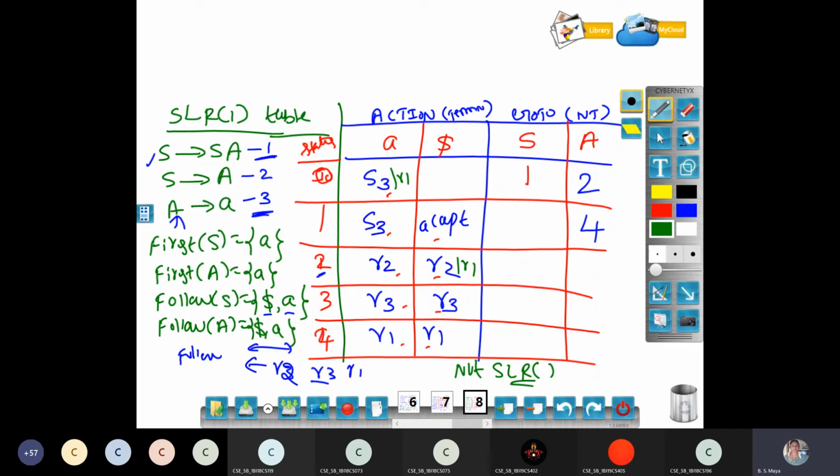According to the algorithm, we construct the SLR table. The SLR table contains action and goto. This table is used to parse your given input. That is, you have to do the stack operation next. Then how do we do the stack operation? We'll do it now.